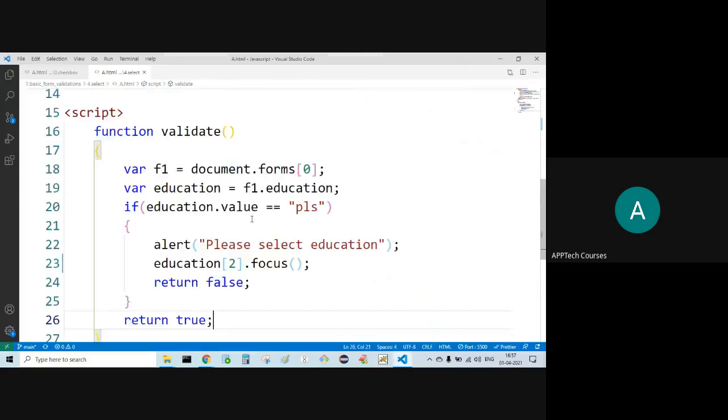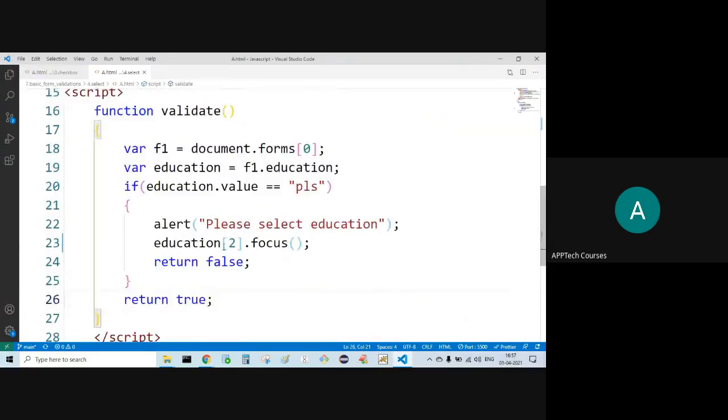Now here, refresh, submit, click on OK. Now focus is on the submit. See here, education of 0 means what? First option only. Education of 1 means what? Second option. Education of 2 means what?